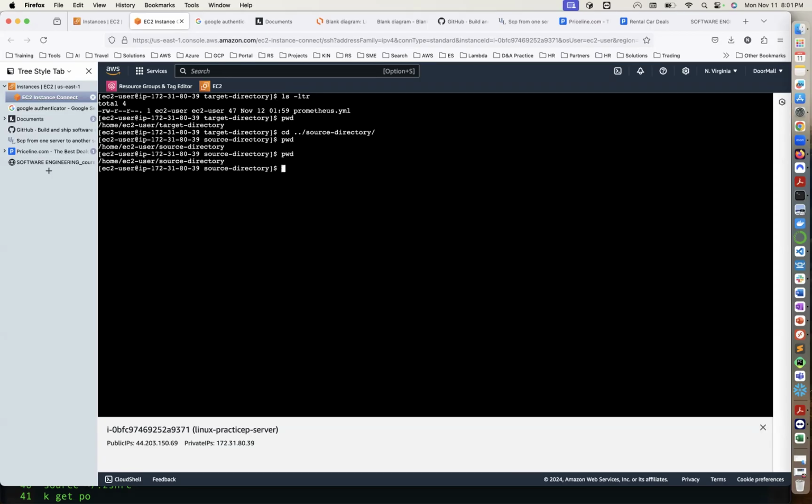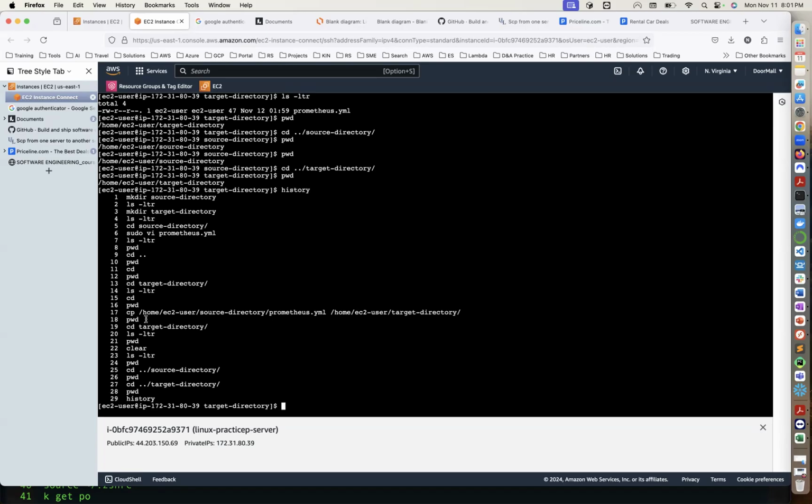Look at where you are. You want to go to target, just do what? cd / target. And you're back there. It's an advanced command. So the reason why I had to copy the full path, if I do history,